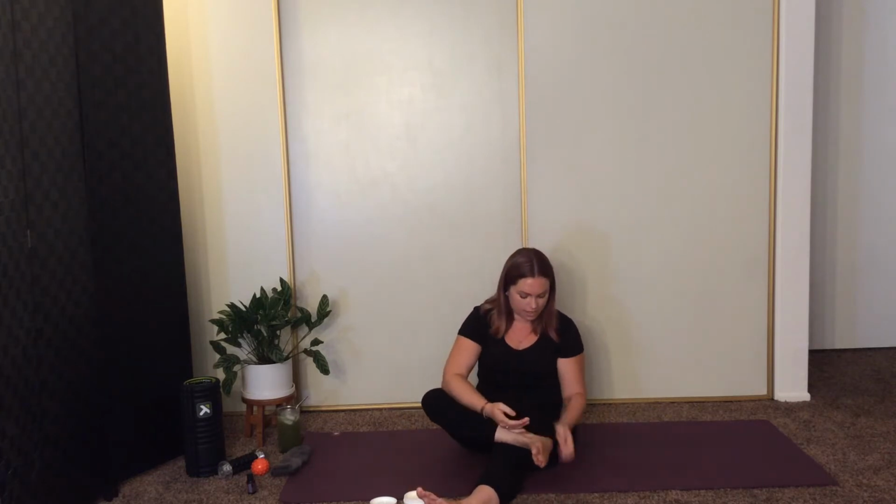So I'm going to start with my right foot, and I'm going to cross my right foot over my left, keeping my left foot relaxed out. Now you could sit any number of ways. You could cross the ankles and bring your foot up over the thigh. It's a nice stretch through that hip, but it's not accessible to all of us. So just find a comfortable position where you can have your foot easily accessible, and you can get